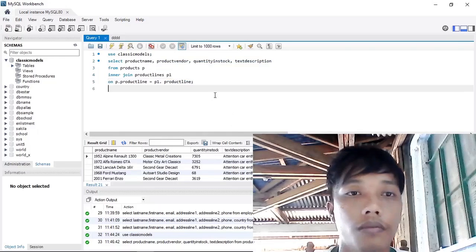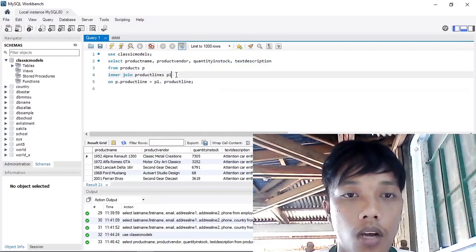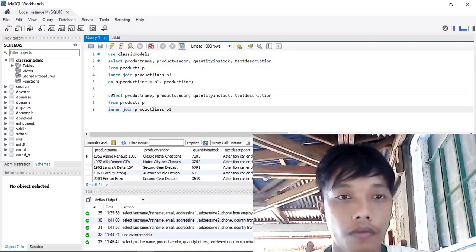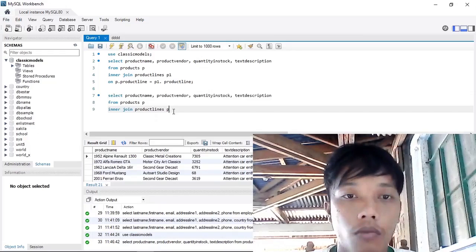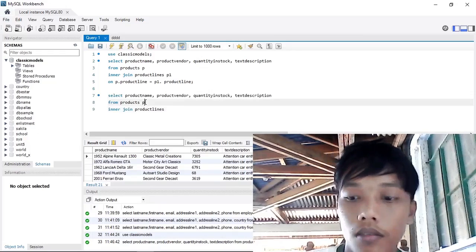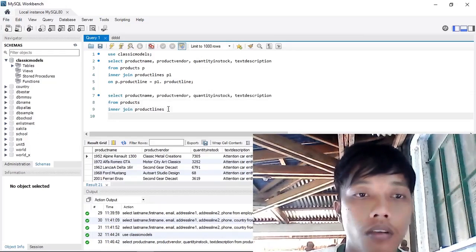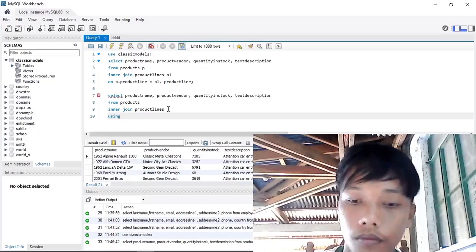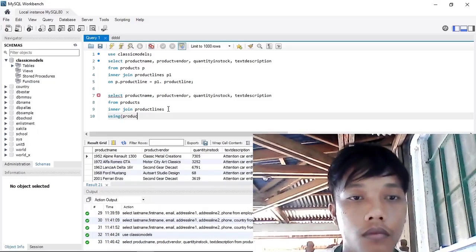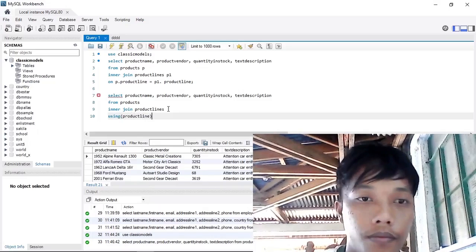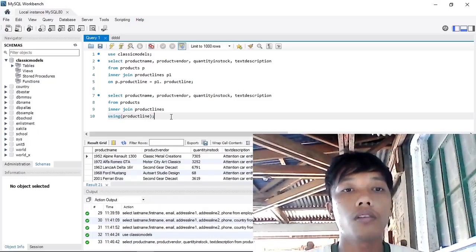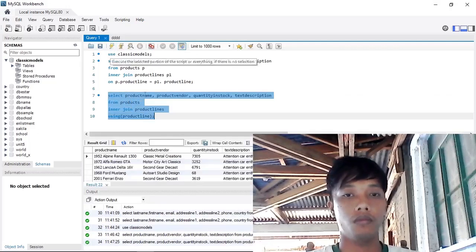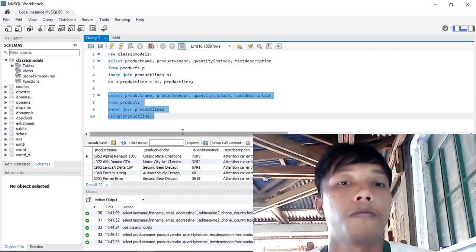The second syntax, I'm going to copy this and paste, then remove the alias, then insert using product line. Okay sir, going to run this. Same result.